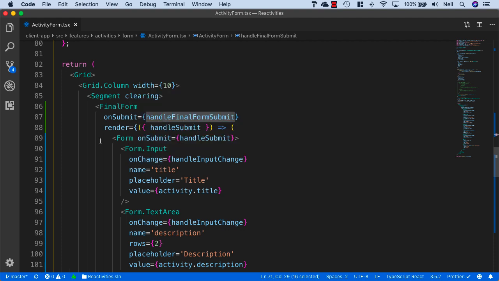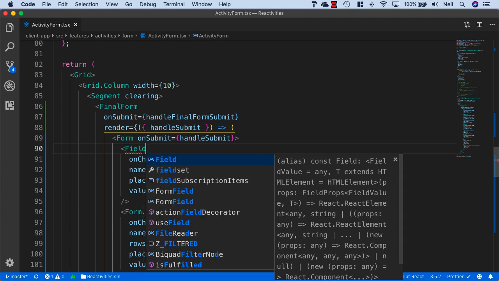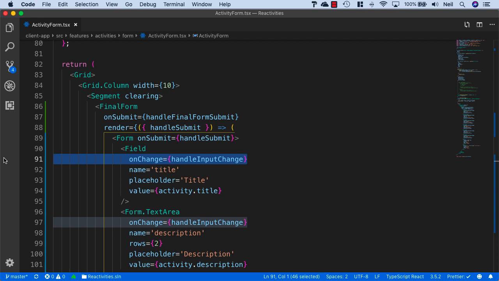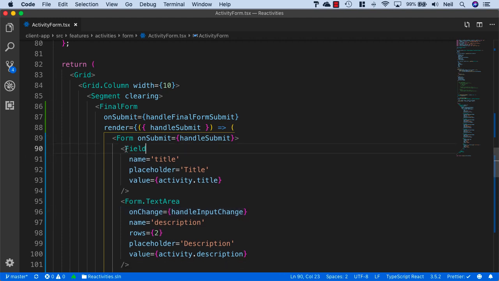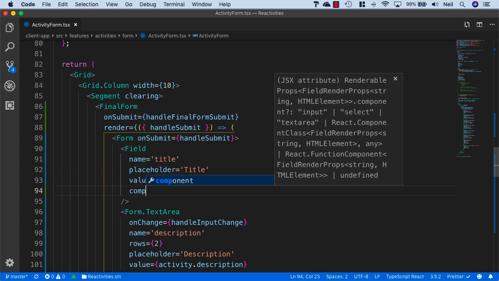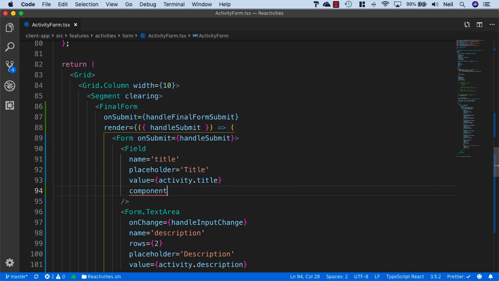Let's change one of our inputs into a field, a Final Form Field instead of a Form.Input. So I'll just change this to Field, and we no longer need our onChange event because this is going to be handled by React Final Form now. And the only thing we need to give our field is the component that we're using here. Now, eventually this will be our own custom components, but for now we'll give it an input as its component. And what we should be able to do is go and test that we can use our new React Final